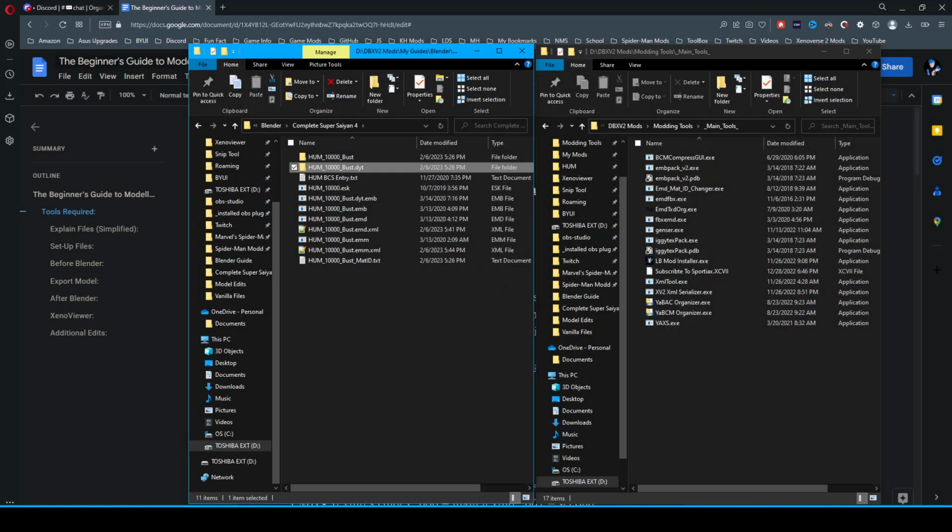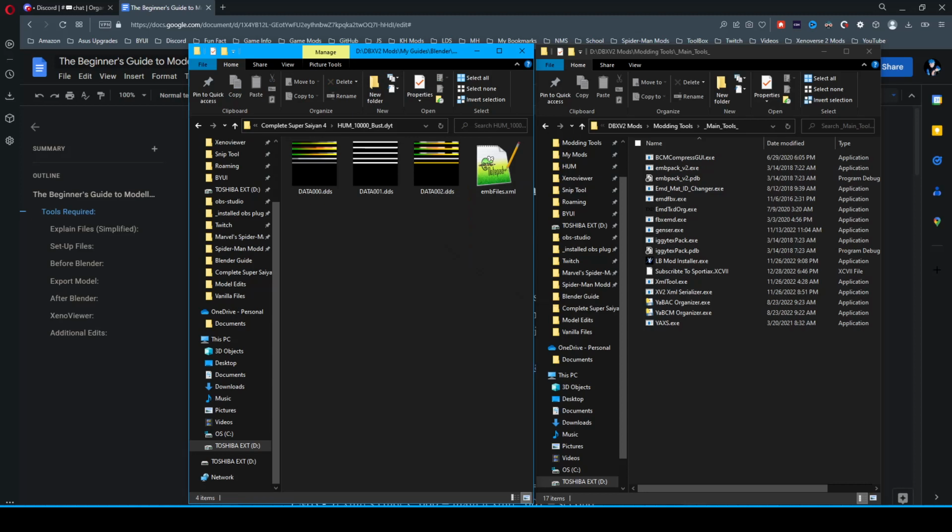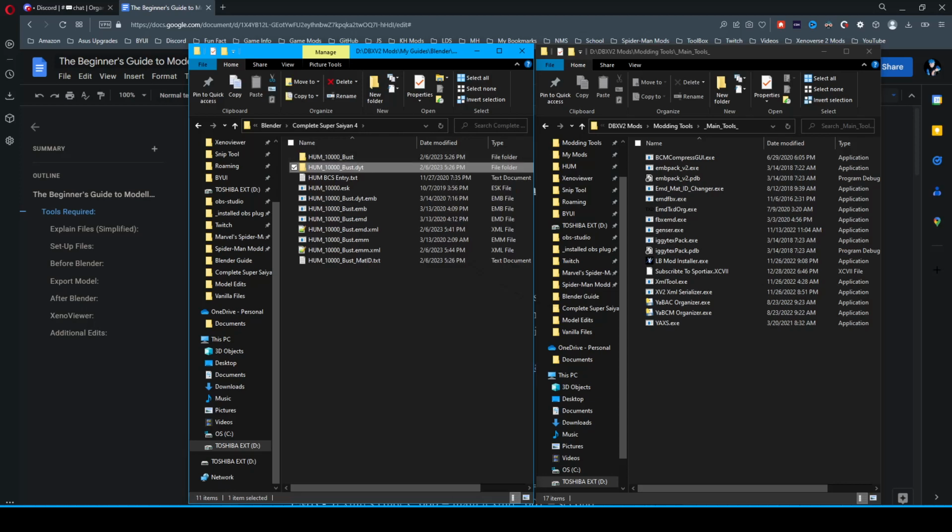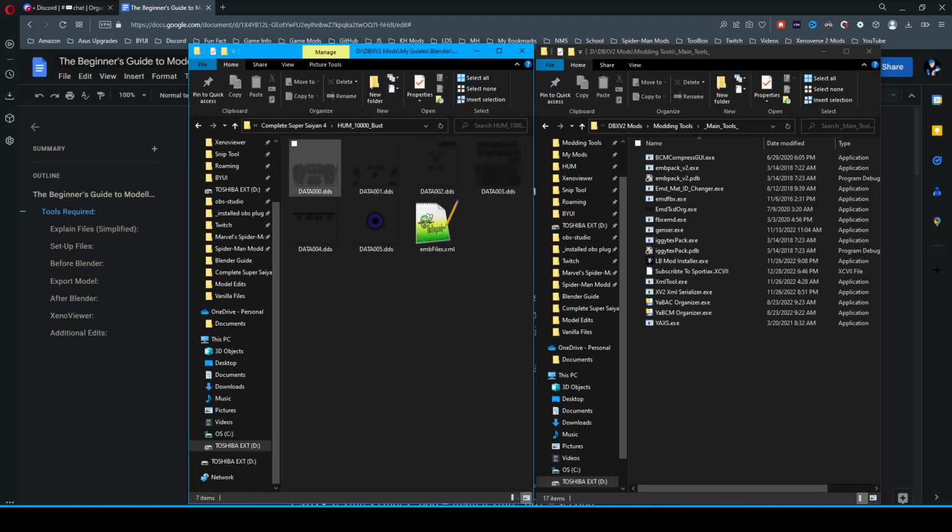I'm going to go over a brief overview of the final edits that you'll need to make in order for your model to actually look good inside the game. So let's start with the DYT. Again, as I mentioned before, you need to make sure that each ramp is set to a material. That's one of the reasons why the face is white. And then you need to add textures inside the EMB for your new model. Now that can be a little tricky depending on what you did. That's for someone else to explain. In all honesty, I do not know how to UV edit. I avoid it. I just try to make my edits match what's already available from the game.